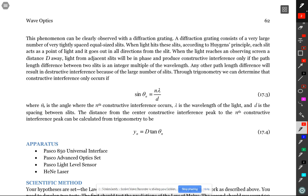Well, we need to have a hypothesis that says, that is the law of Malus, the light will transmit